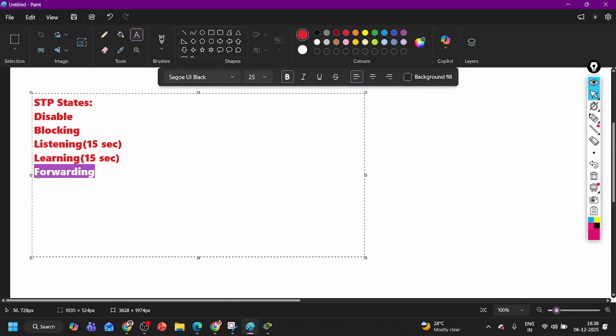Only the forwarding state can send user data. So these are the STP states. The states start from disabled when the port is shut down. When you bring up the port, the state is going to be blocking for a very short time. All the ports will be in blocking state. Then the port will enter the listening state, where it will spend 15 seconds. After that, the port will move to the learning state. In the learning state, again it will spend 15 seconds, and then the port will move to the